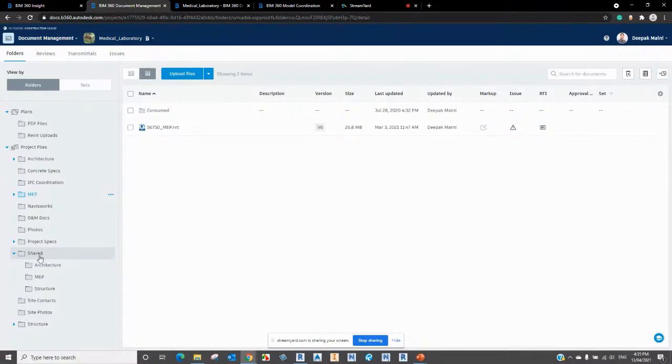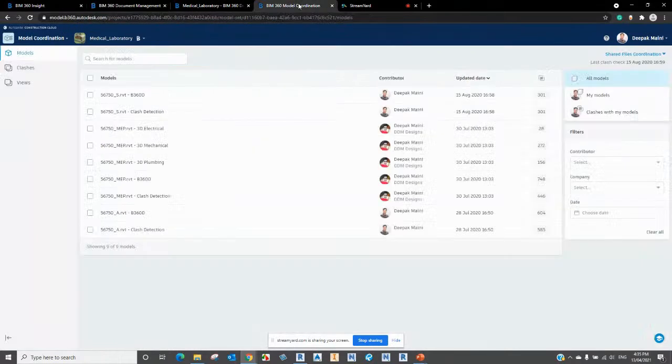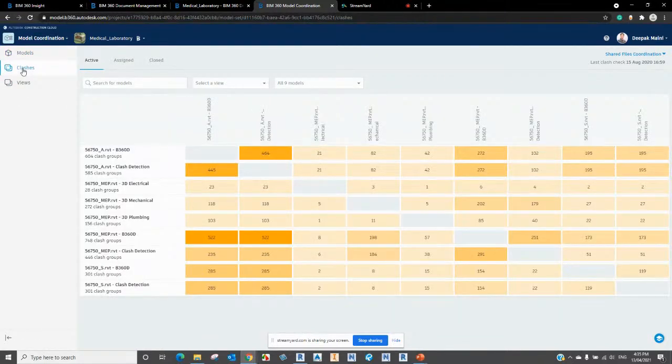The whole idea is, as soon as a model or a package is shared into any of these folders, the model coordination module reads the 3D views in those models and runs automated clashes between all those views and the elements in those views, and shows me a matrix of these clashes. Now, this obviously looks a bit messy and a bit overwhelming, but to make it easier for you,